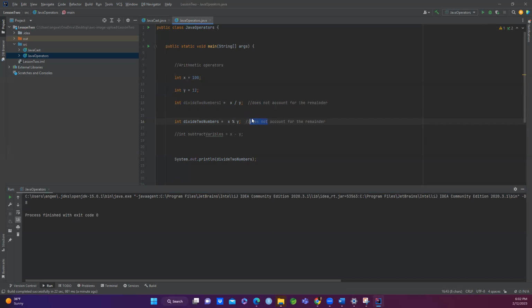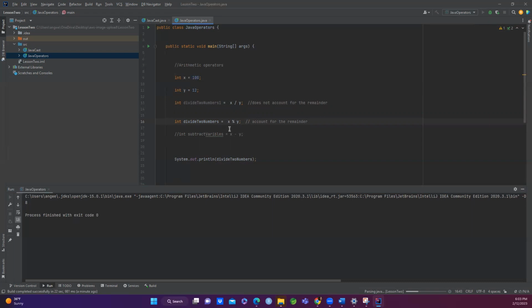This one actually accounts for the remainder. It only looks at the remainder. Now divide two numbers, 100 divided by 12, right? 100 divided by 12 is 8.3, but the answer is going to be 3 here. Why? Because if you use the percentage sign, or it's called the modular sign, what it does is it only gives you,